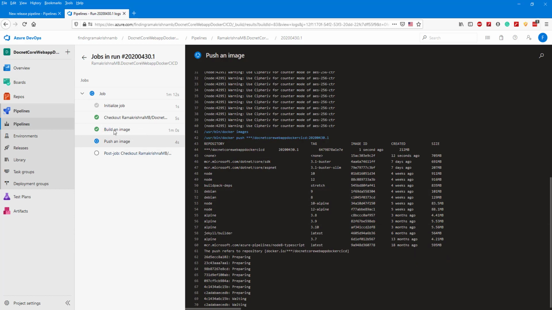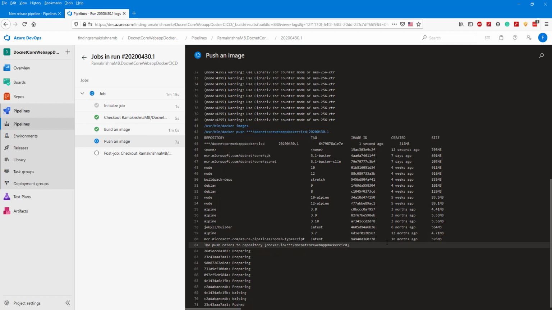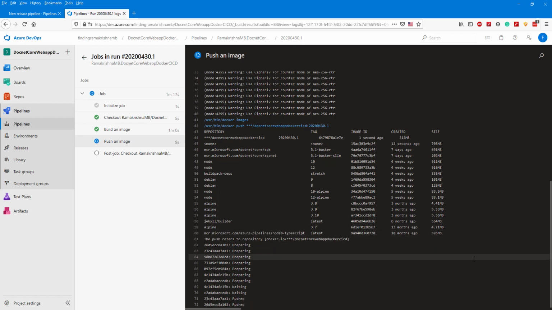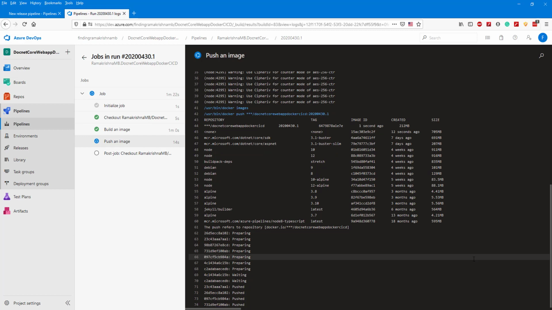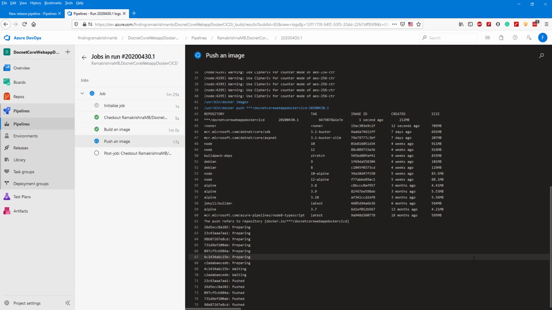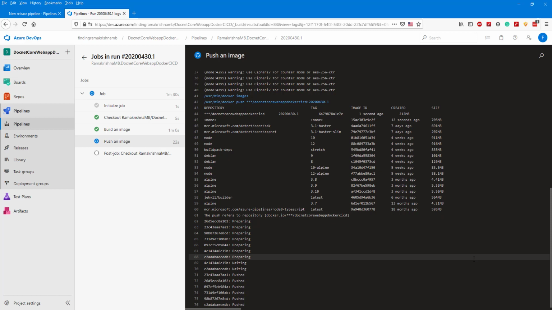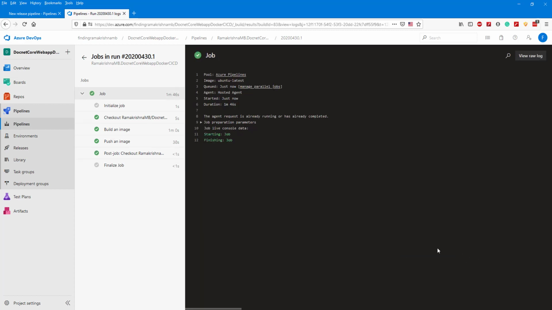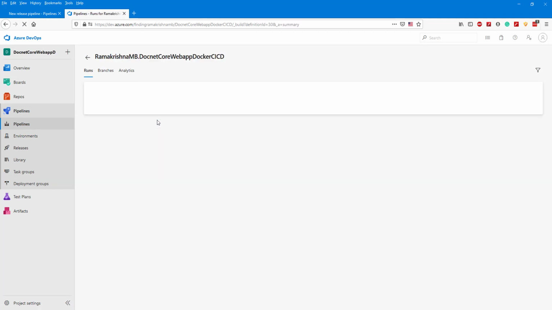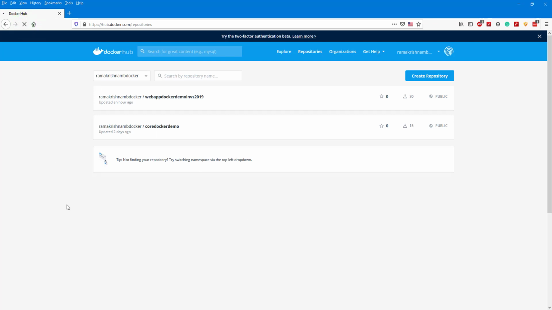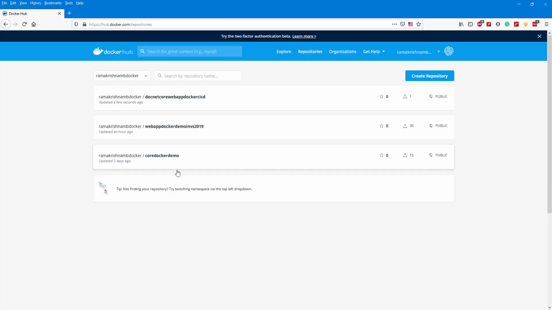It is pushing the image to Docker Hub. So pipeline executed successfully. Yes. If you go and see your Docker Hub, there should be an image created and published to Docker Hub.